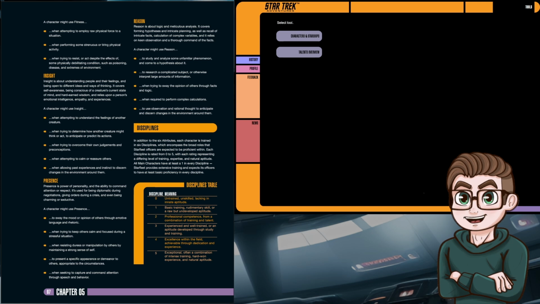They're rated 0 to 5. All main characters have at least a 1 in every discipline, because Starfleet provides extensive training and expects its officers to have at least basic proficiency in every discipline. But if you look at this table here,